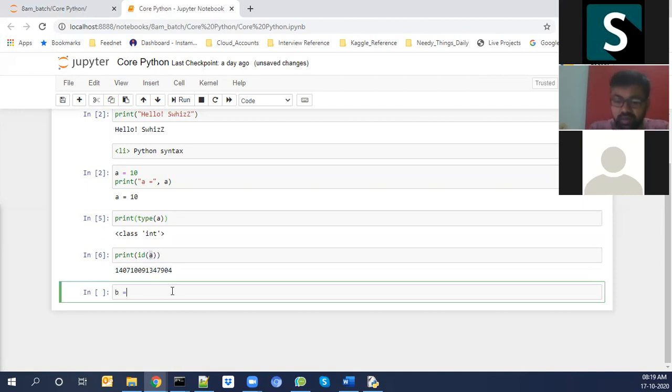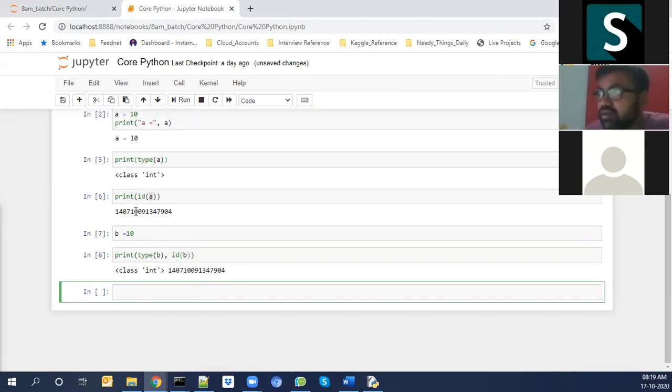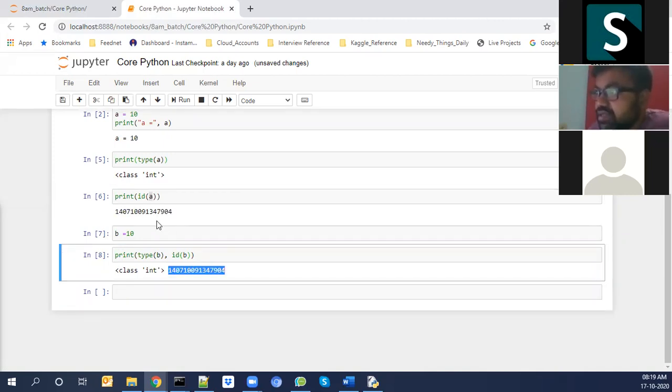Again, b equal to 10. I'm asking again for the type of b, comma, id of b. You can see here I'm getting the same memory address, because these are both immutable objects.